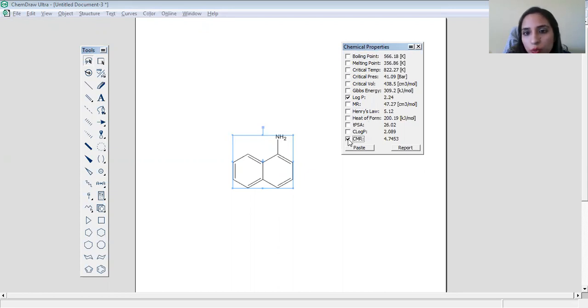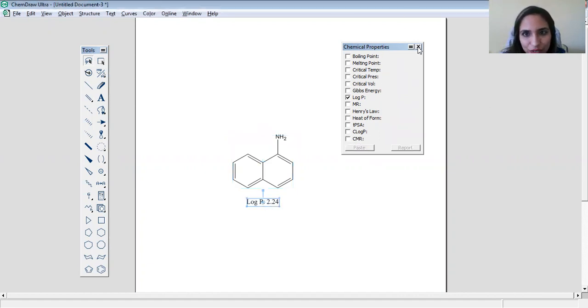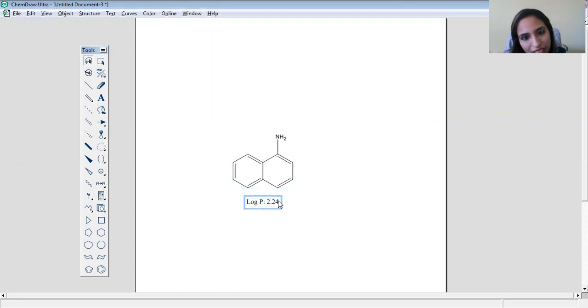If you want to know about the other factors also, these factors are very important if you want to formulate any kind of QSAR, because this software is quite inexpensive, or I can say that the earlier versions are available free of cost on the internet also. You can download it, and with the help of this software you can formulate QSAR very easily. Now I just paste it. Now just check it. This is what we need, log P.